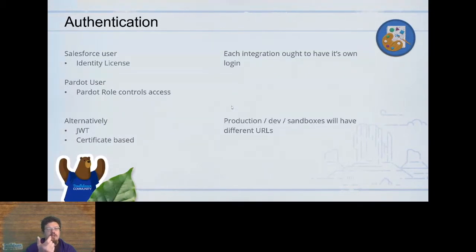The certificate one is pretty easy, especially if you've got a managed package. Unmanaged package, I should say, that's got that certificate. You can have the org install it. We use that for a lot of our production code. Same with JWTs, we'll use them with the production code. When I'm just figuring stuff out and doing audits of orgs, I'll go through the user login process. I would recommend as best practice, each integration, each use of the Pardot API should have